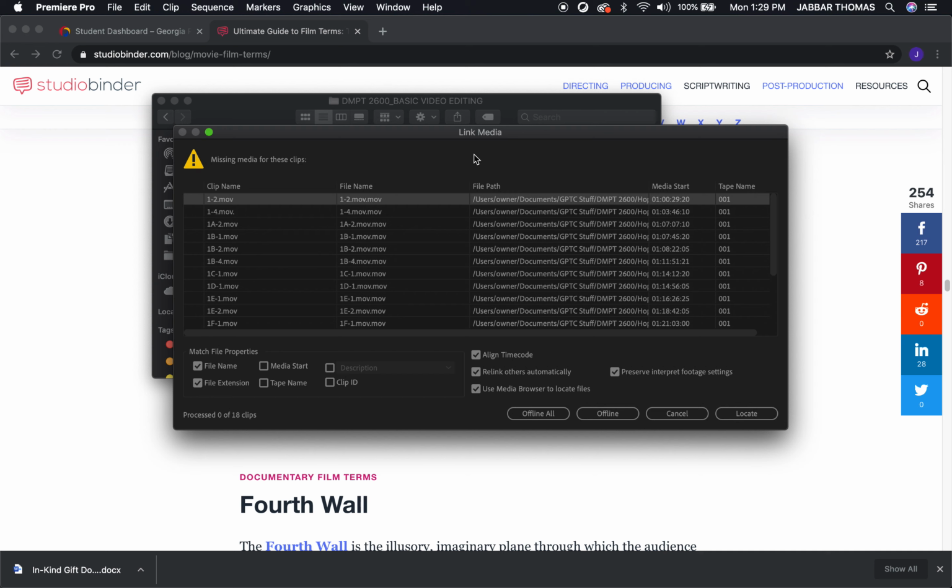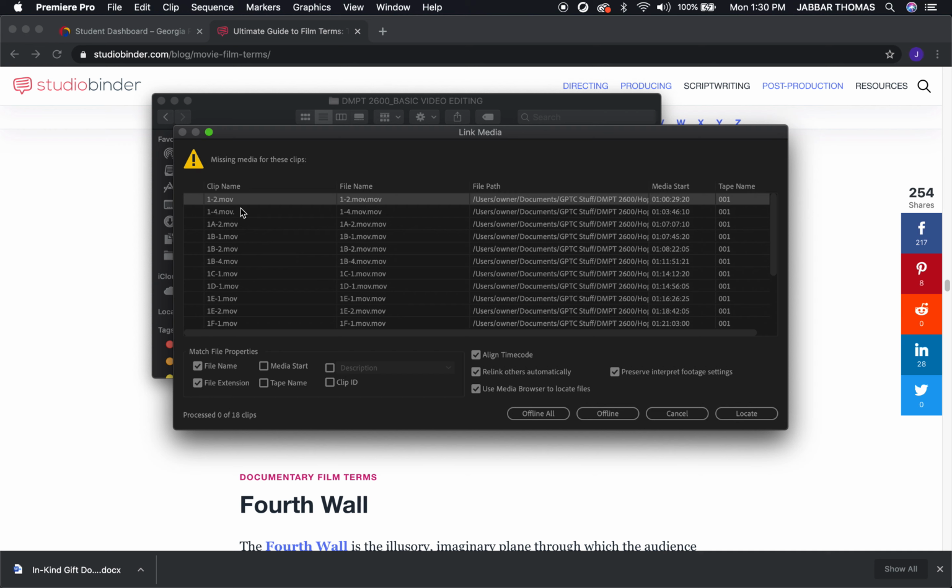The media has been imported into Premiere, which you have to do before you do any editing. You have to import all the elements, all the footage that you're going to be working with. We call them source clips when we import them into Premiere's project panel. We'll see that in a second. But we have all the source clips listed here that were previously in the project panel,